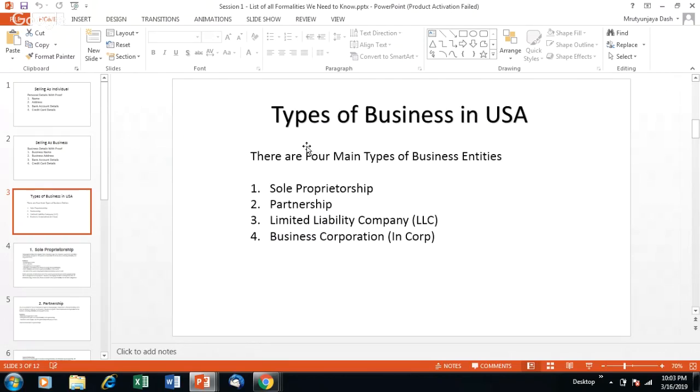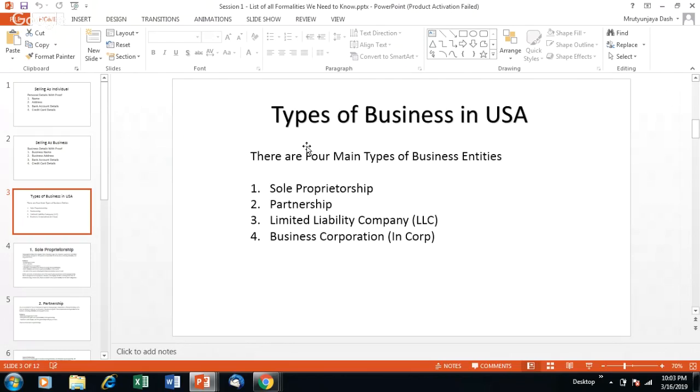Okay. So what are the business like? If I mean individual, it is something simple, so there is no complication there. So it is just the individual person. But business can be formed in multiple ways, right? So there are these types of business, how a business can be created from the government perspective.